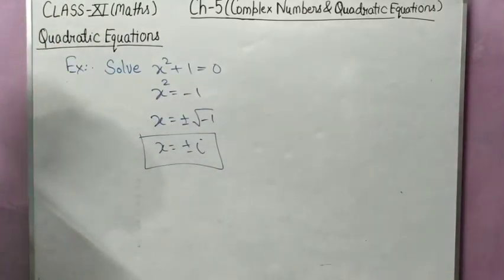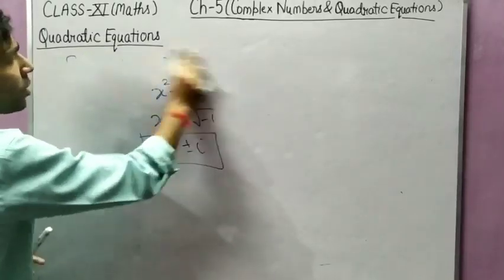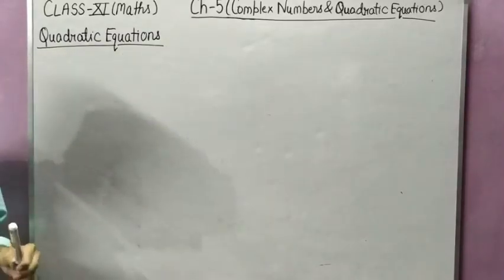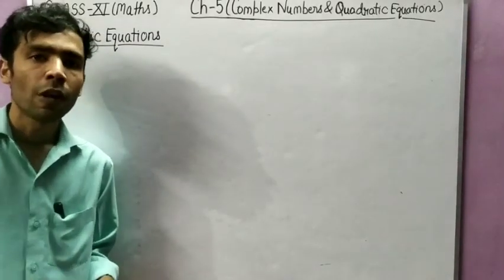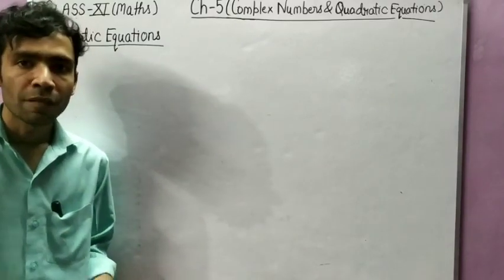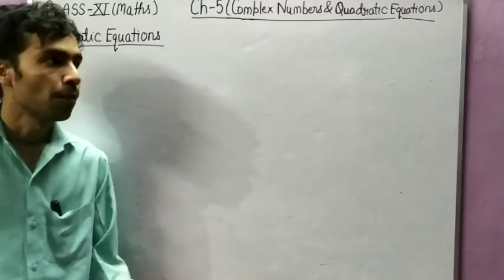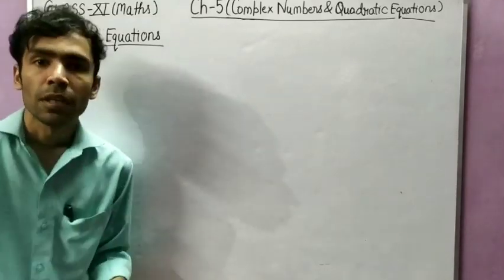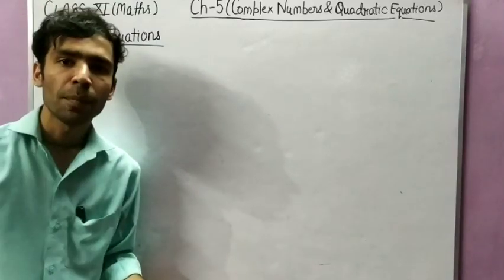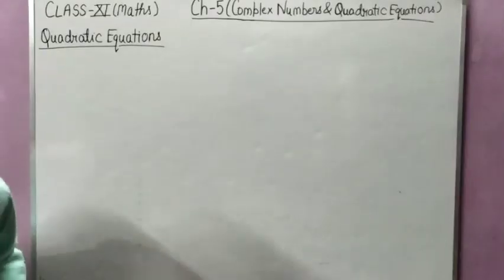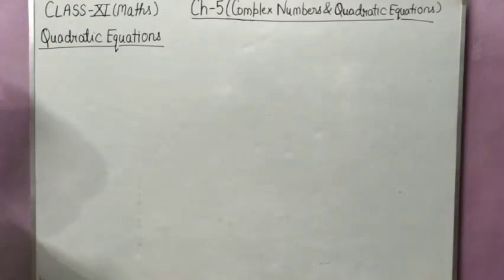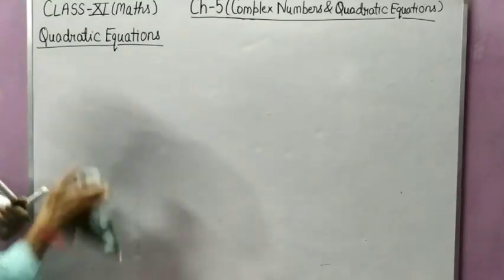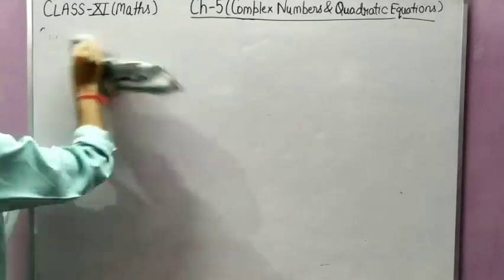So that much we have to do in this chapter, in this exercise only. Very simple. I suggest that whenever you solve a quadratic equation of this chapter, first you check the nature of the roots, and the nature of the roots can be calculated by b square minus 4ac. So let's move to our exercise 5.3, student. Exercise 5.3, very simple exercise. All questions you can do.